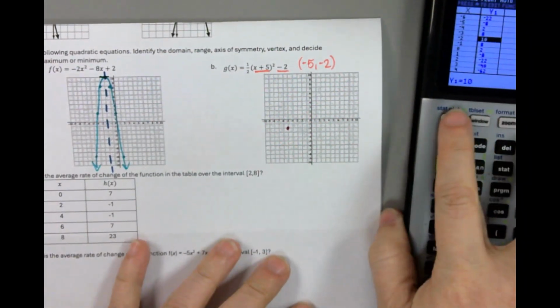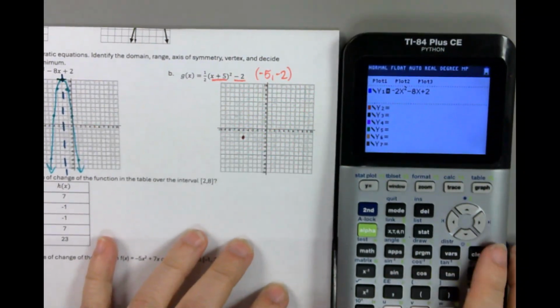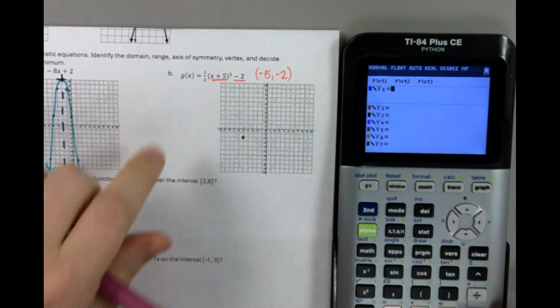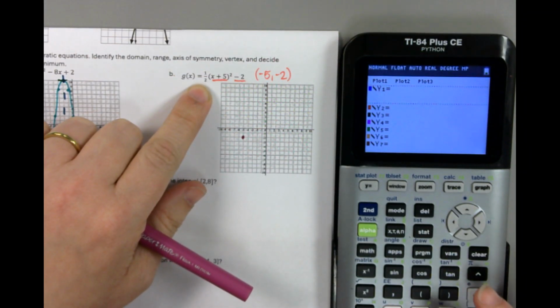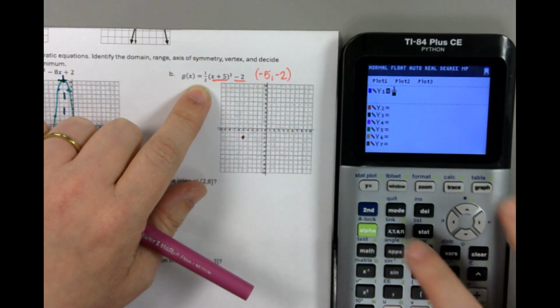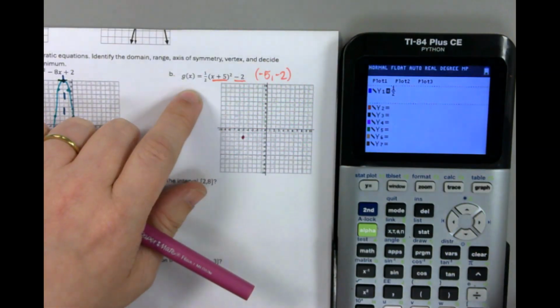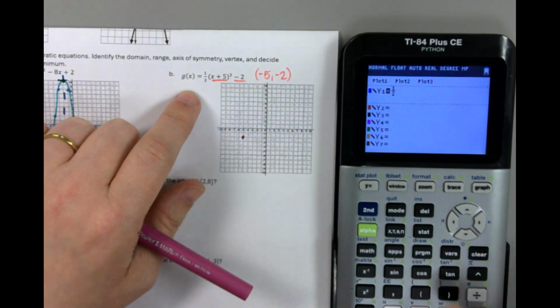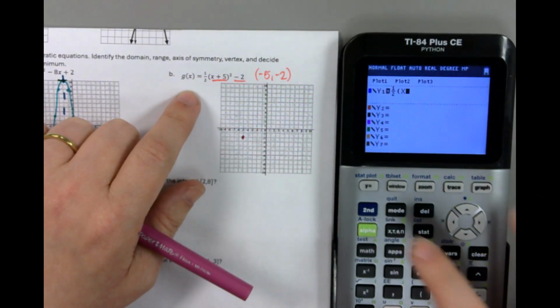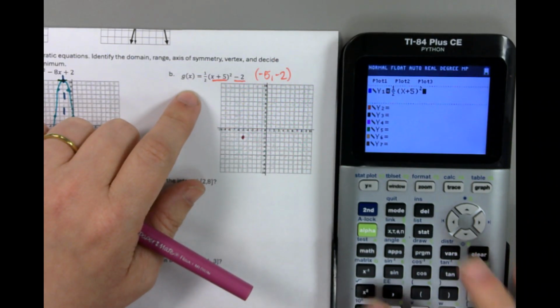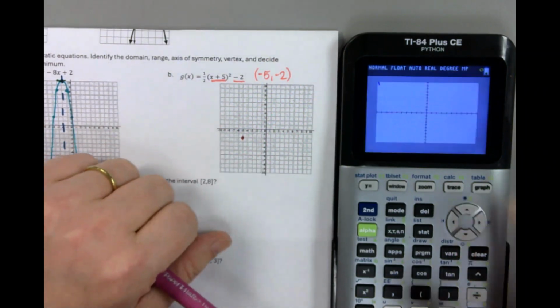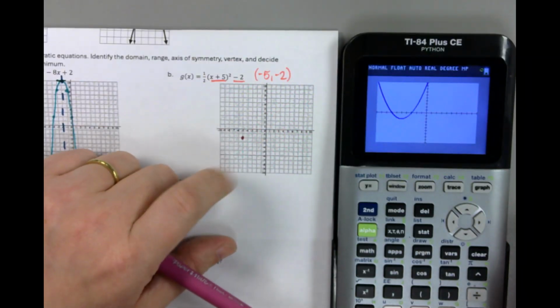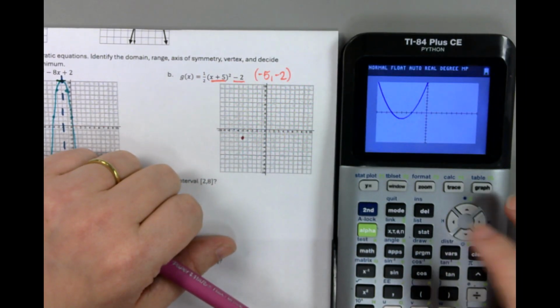I'm just going to go ahead and put this in my calculator, also because you're taking a test tomorrow. So we have 1/2. Depending on your calculator, you may need to type 1 divided by 2. It really depends. I have one that you can do a little fraction, but 1 divided by 2 will work just fine. And then parentheses, x plus 5 squared minus 2. You can look at the graph if you want to. The table is what's going to really help you